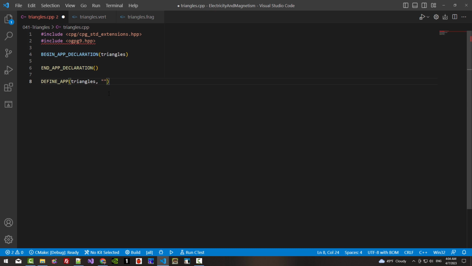Then title of our application, triangles. Then int main, h instance: get module handle null semicolon, win main h instance null,